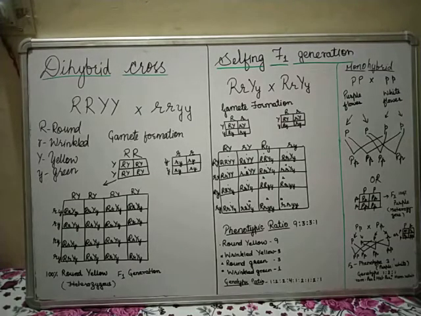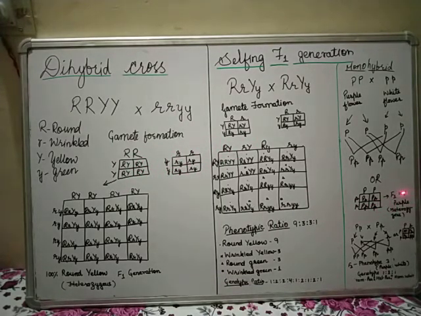Now if you see the monohybrid cross, as I told you in the beginning of the video, purple is dominant over white. So here in the F1 generation all the flowers that we obtain are purple in color, but they are heterozygous. Here you can see the gamete formation or the recombination can be done in the Punnett square form also, or in this form also. You can do this process in the dihybrid cross also, but it becomes a little bit confusing for you. So to make it convenient and easy, I have used the Punnett square method to form the gametes.